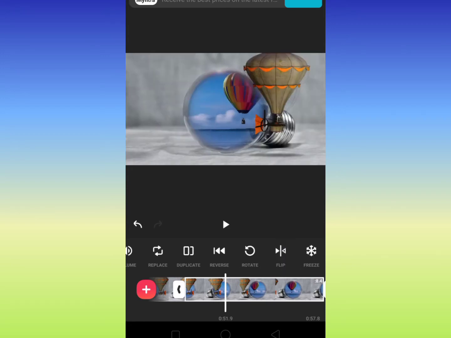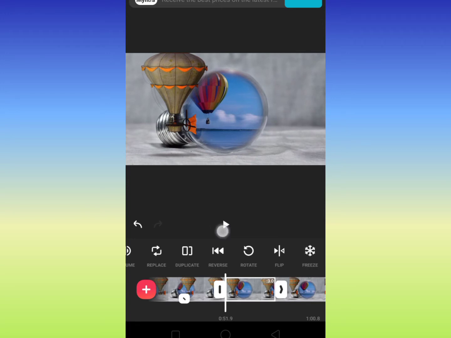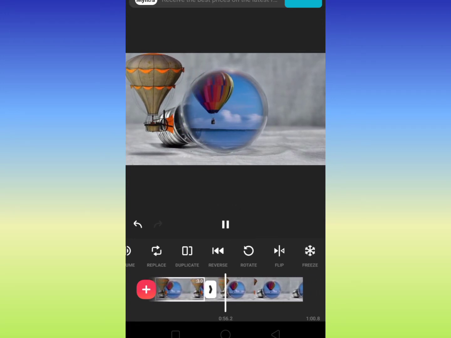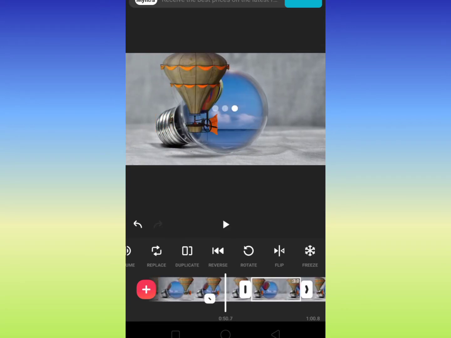So now there is an option of flip as well. If you flip you will just see that it's coming in the right direction or the left direction. So it flips instead of rotating. Rotate can move in 4 directions, and flip will only move it in either the left direction or the right direction, like a mirror image it will create.